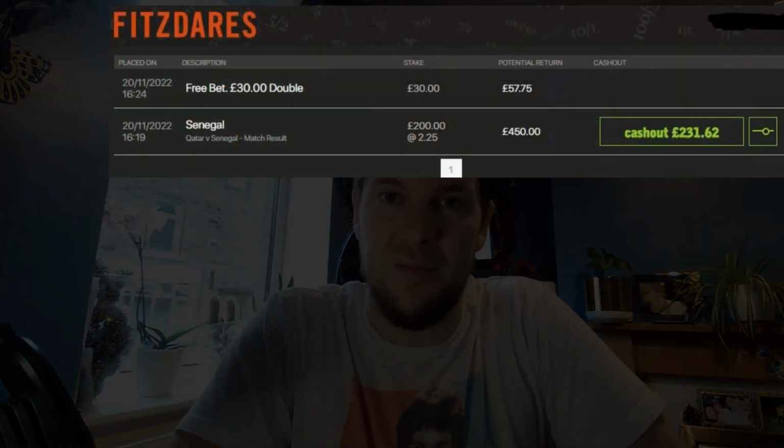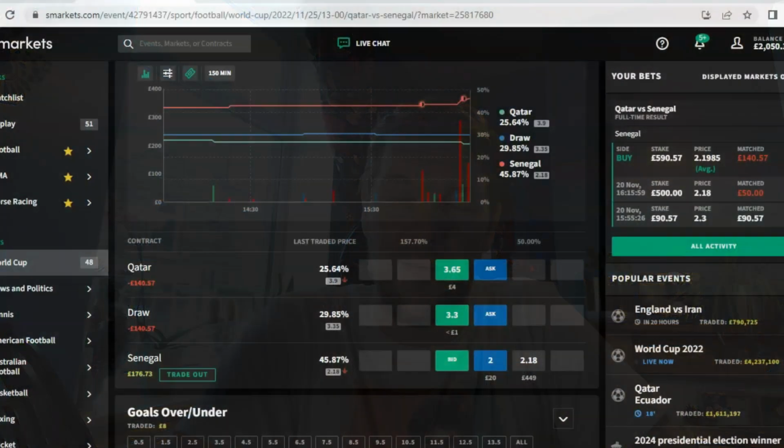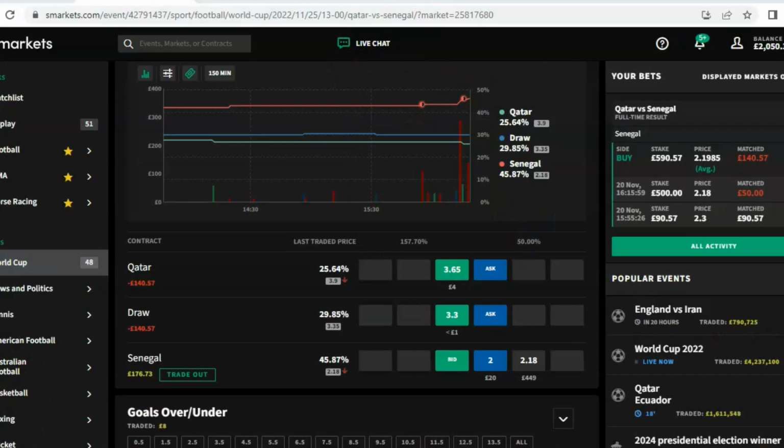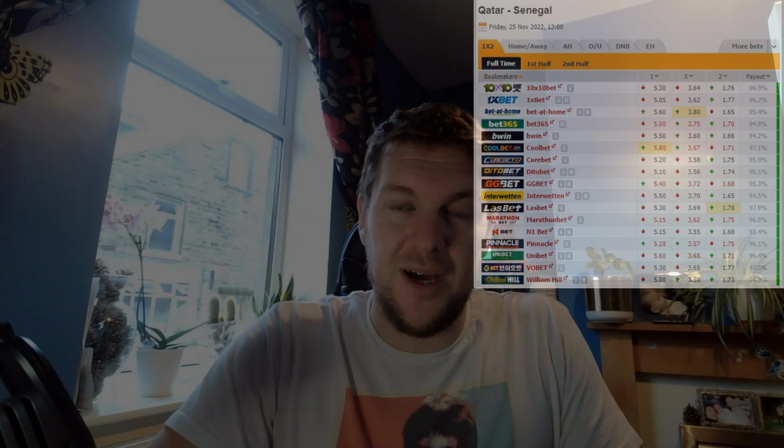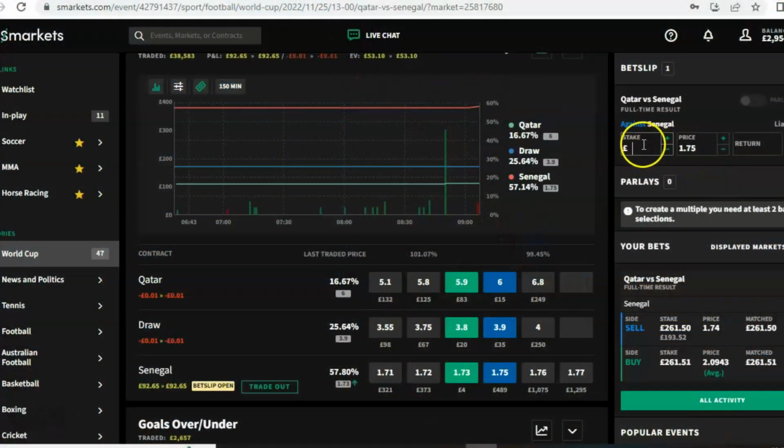and I managed to get £200 down on a bookmaker that still lets me bet with them. I also tried to get as much money down as I could on the betting exchanges at odds above 2. By the end of the game, the odds on Senegal had been backed right into around 1.7 with most bookmakers. So I was left with a really nice value bet with the one bookmaker that will let me bet with them, at 2.25. And then on the betting exchange, I just closed my position. I laid Senegal, and I have a £50 profit no matter what.